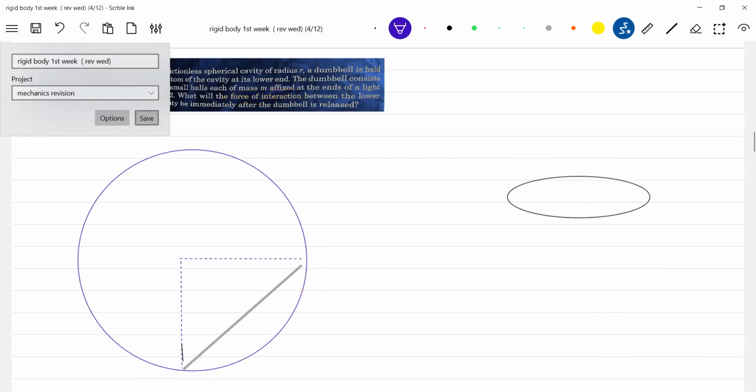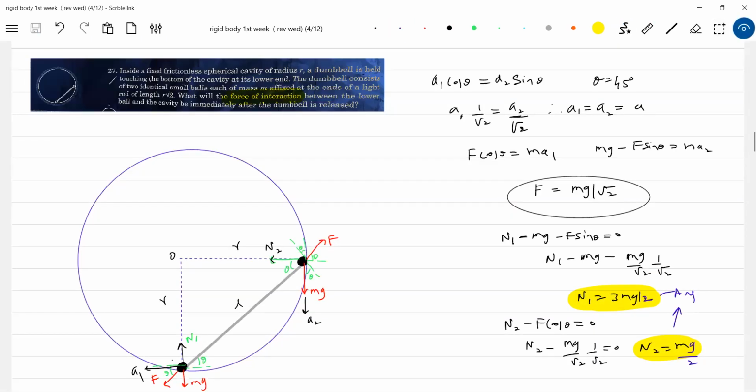Now, what are the things? Definitely, you may ask what is the stress in the rod. I'll give Young's modulus. What is the stress? Of course, the elongation or the deformation will be very small. If you ask stress, then we can go for F by S, where S is the area of cross section. Assume that the deformation in the rod is very small compared to the dimensions of the cavity. Will the rod undergo compression or elongation?